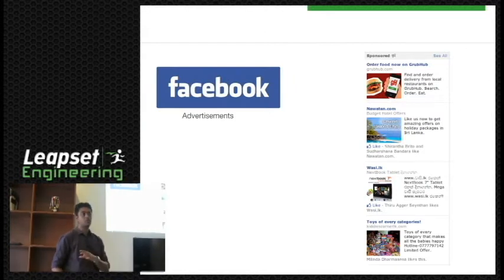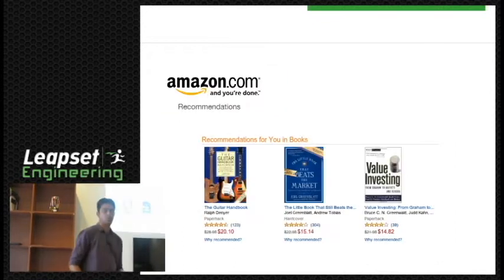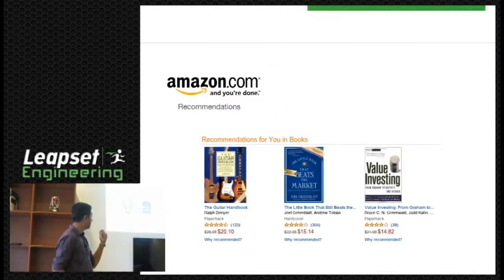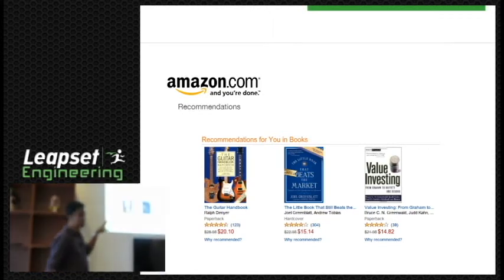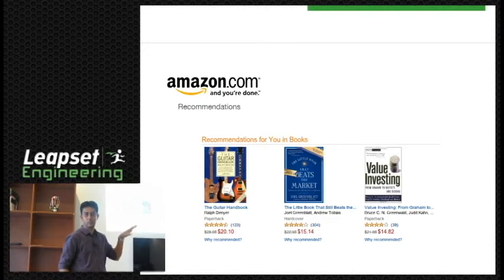I'm sure you come across big data use cases every day these days. If you look at Facebook sponsored links, they are all generated through big data infrastructure, right? Amazon recommendations: these are some of the recommendations that Amazon gives me based on my past searches and past purchases, and that pretty much addresses my interests closely, right?